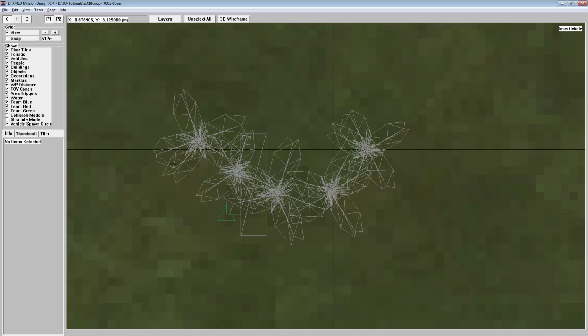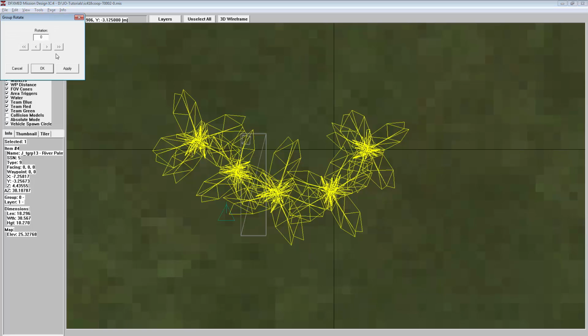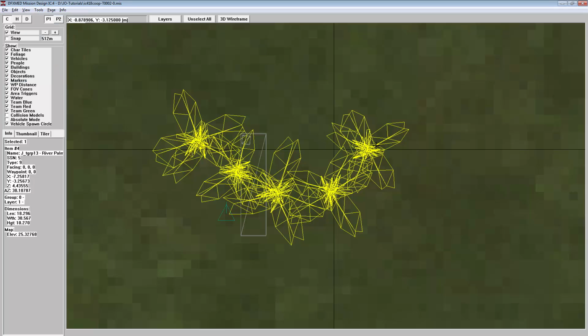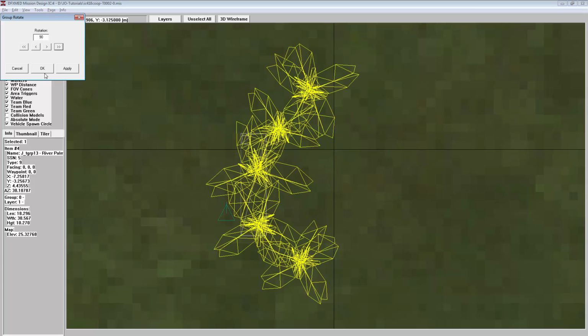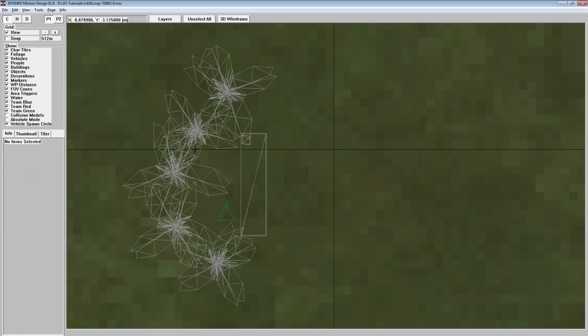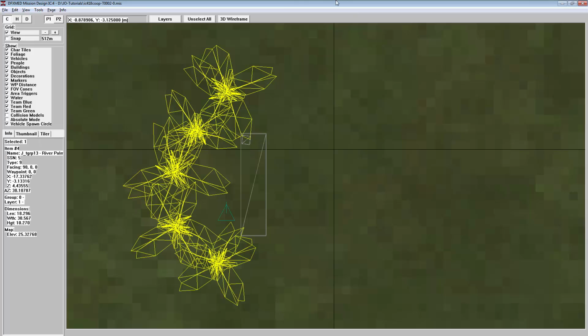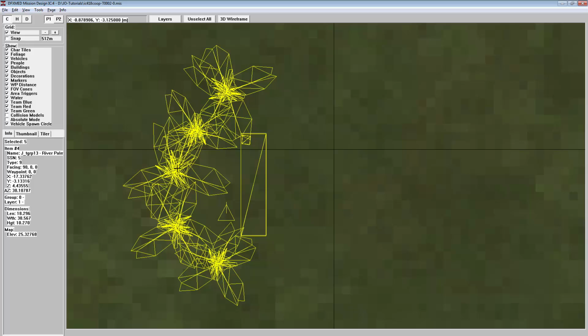Now, when we insert that into the map, if you like, I need to rotate it around a little bit, so in case you didn't see, right click, group rotate, OK, and now I want to move it across to the left a bit. Now, when we go into select all again, using our shift key, select all, and then